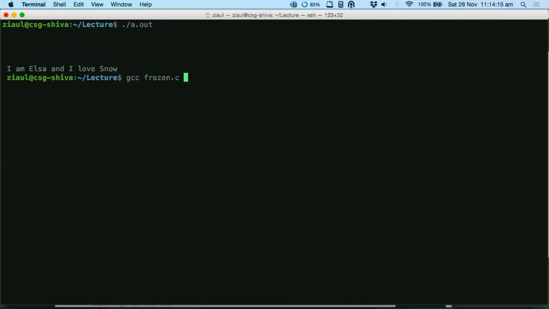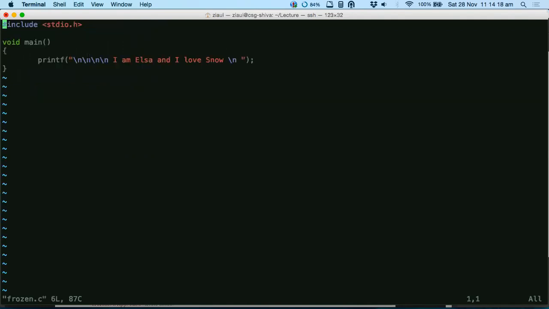These are the things that you use inside the printf, backslash n, and there would be other ones like backslash t. This is just like formatting; it helps you in formatting your output. So I have put a lot of empty lines and then I printed it. Each of these backslash n's puts an empty line in the output.